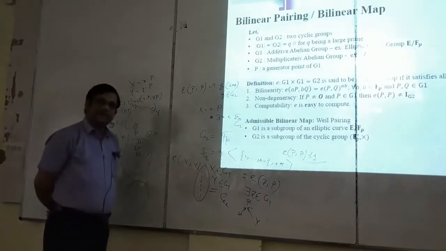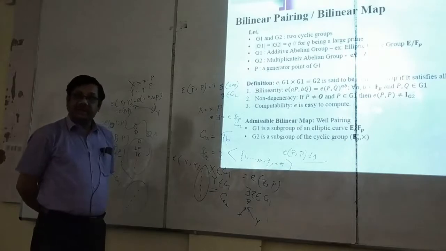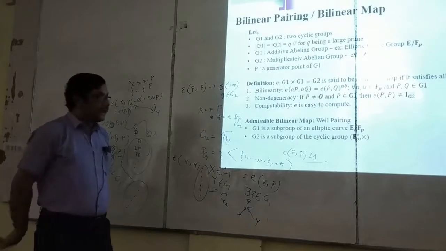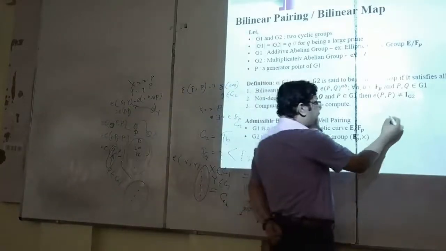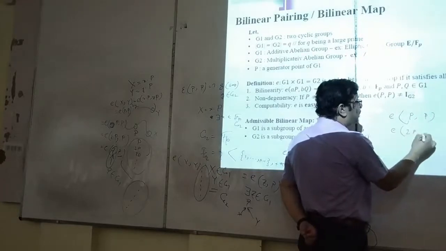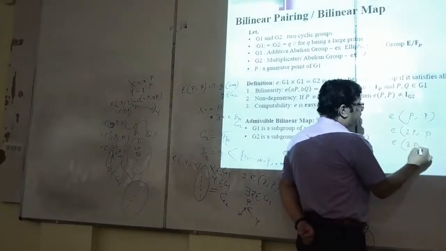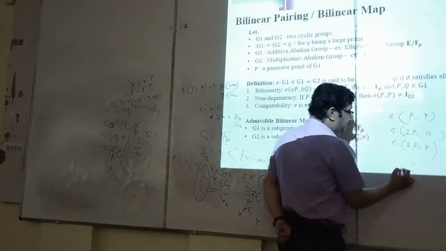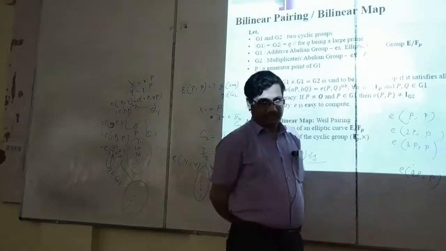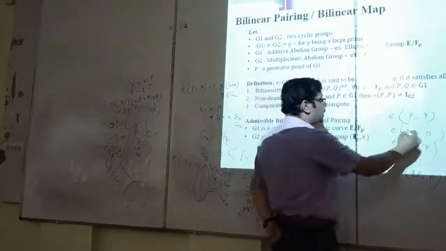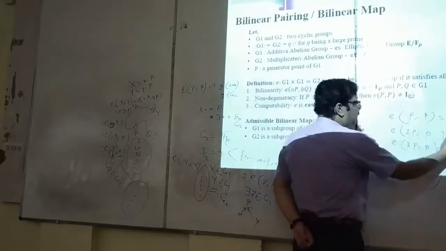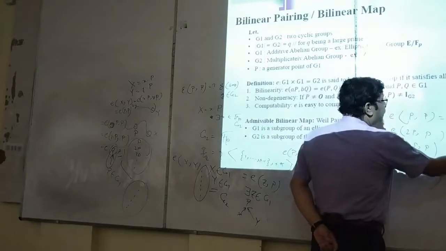What are the points? Since P is the generator, the points are P, 2P, 3P up to QP. So what outputs are you generating exactly? You are generating e(P, P), e(2P, P), e(3P, P) up to e(QP, P), all possible values of Z, because Z is some point in G1. Now this is already g, which we have assumed. According to rule 1, this is nothing but e(P, P) whole square.